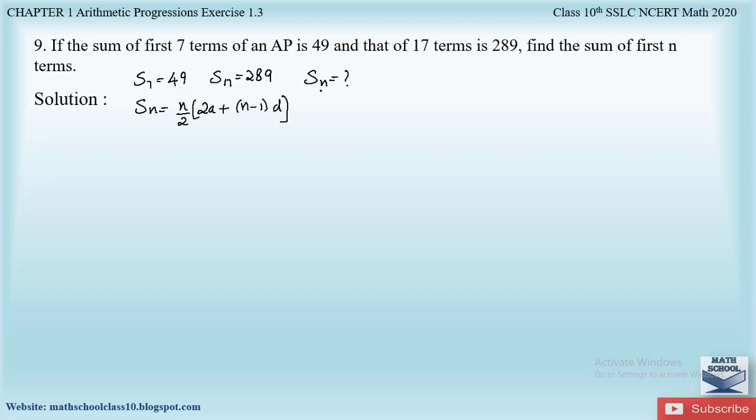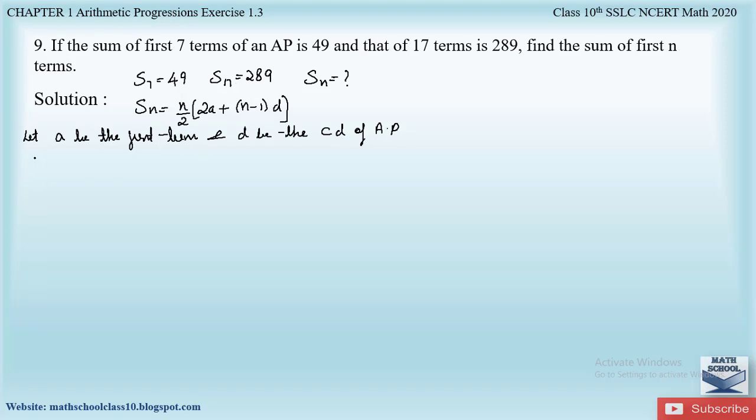By using this formula, we will find out the sum for the n terms. But here in the formula, if you observe, we only know the n value. Since we have to find out the sum for the n terms, we don't know the a value or the d value. So first of all, let us find out the a and d value to find out the sum. Let a be the first term and d be the common difference of the AP. So we will find out the a and d value by using the sum of 7 terms and 17 terms. We will apply the same formula to these two values and find out the a and d value.